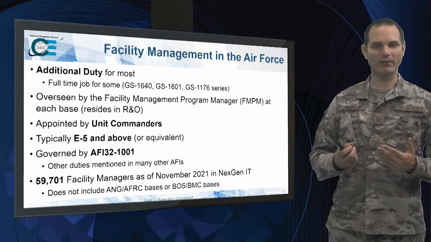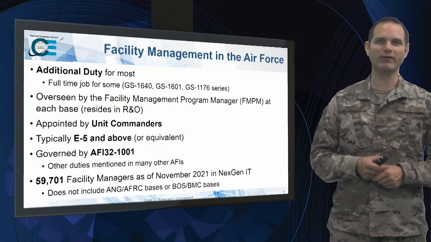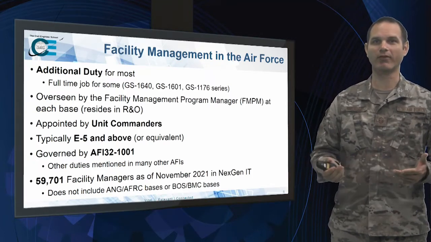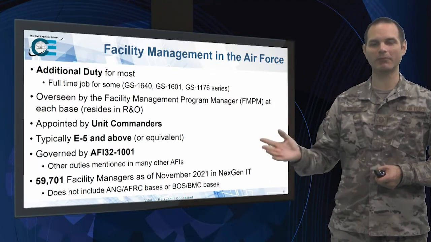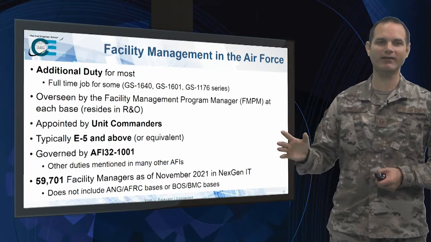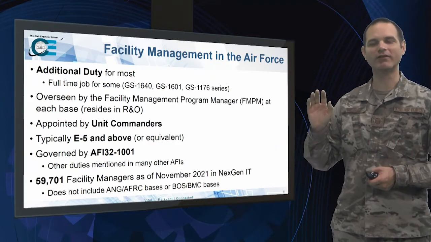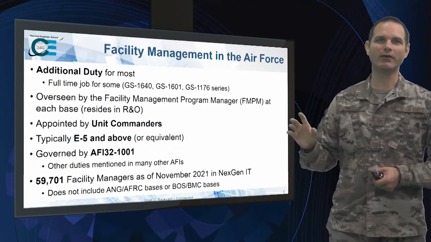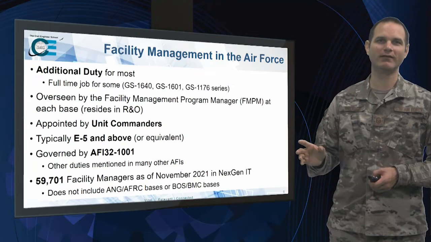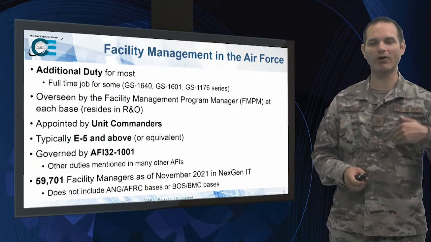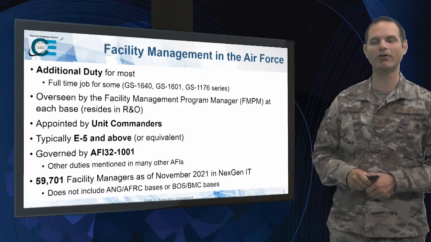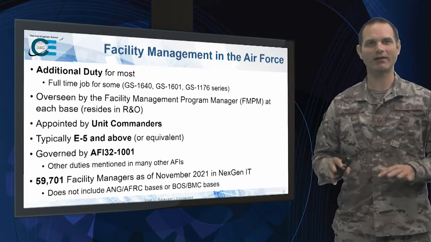So it only makes sense that the unit commanders are the ones appointing them as additional duties, right? Even when you get into your equipment custodian accounts, your computer accounts and things along those lines, that's not done by your supervisor. It's not done by the flight chief. It's always done by the unit commander because they're the ones that can actually officially order those kind of things to happen. So always make sure that that's actually appointed by your unit commanders, and don't give much wiggle room